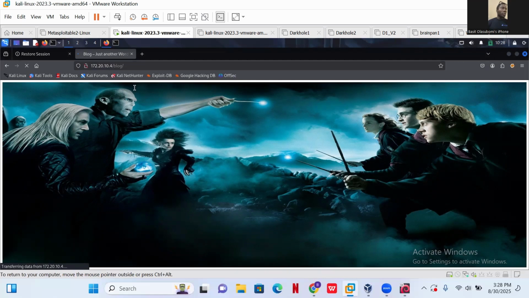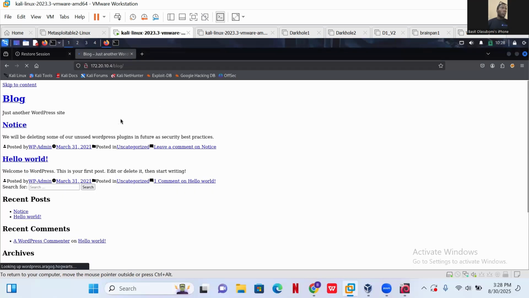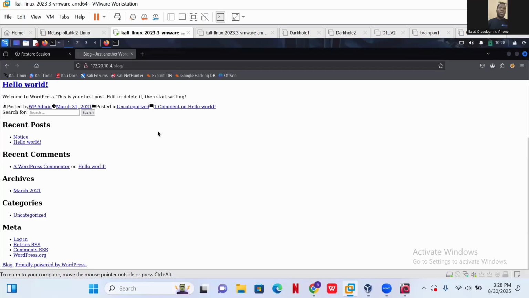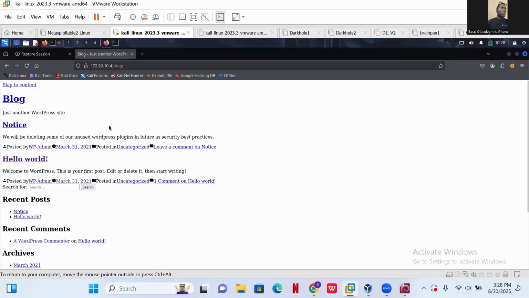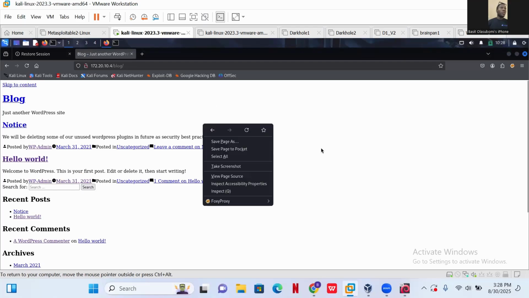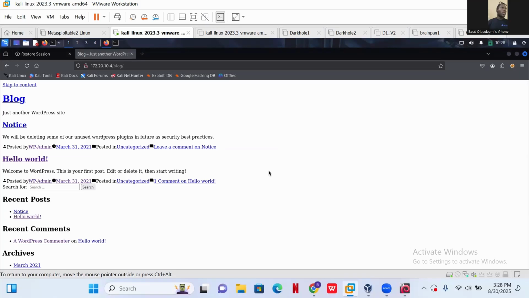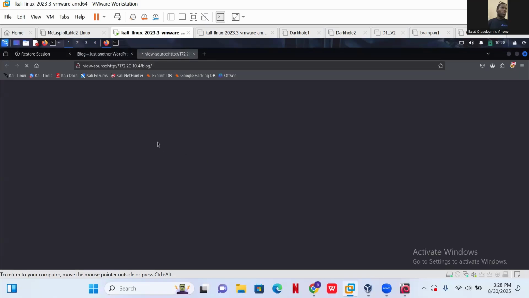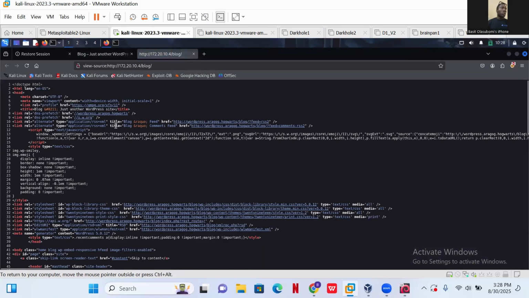This is taking quite some time to load up. Oh, I guess it is a WordPress site. So if this is vulnerable to WordPress RCE, remote code execution, then that will be easy for us. But let's check the source code first. Let's see if there's anything we need to know. Okay. I think there's a reference to this. Okay, I think we can copy this,